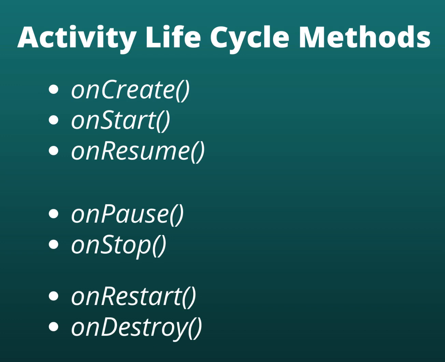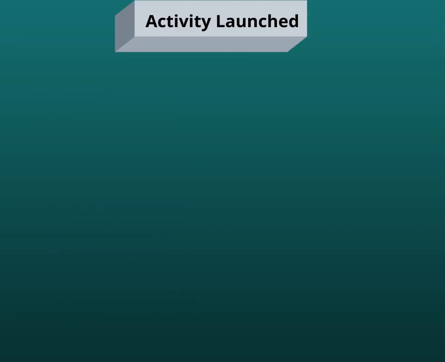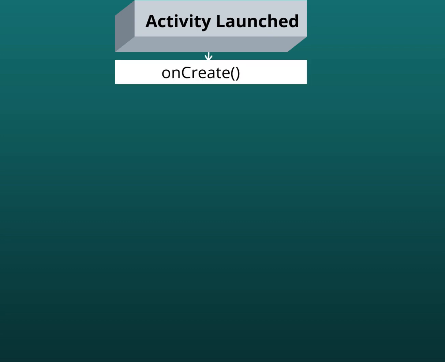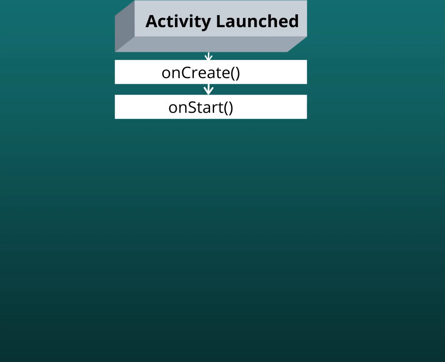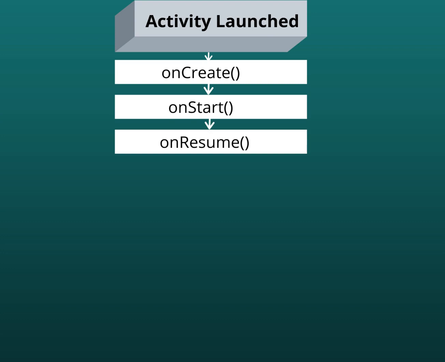We'll go into details of these methods and callbacks, and see how they work. Whenever an activity is launched, the very first method called is the onCreate method, and it is called only once in the lifetime of that activity. It means the activity is created. After that, the onStart method is called when the activity becomes visible to the user. After that, onResume is called. It means the activity is in the foreground